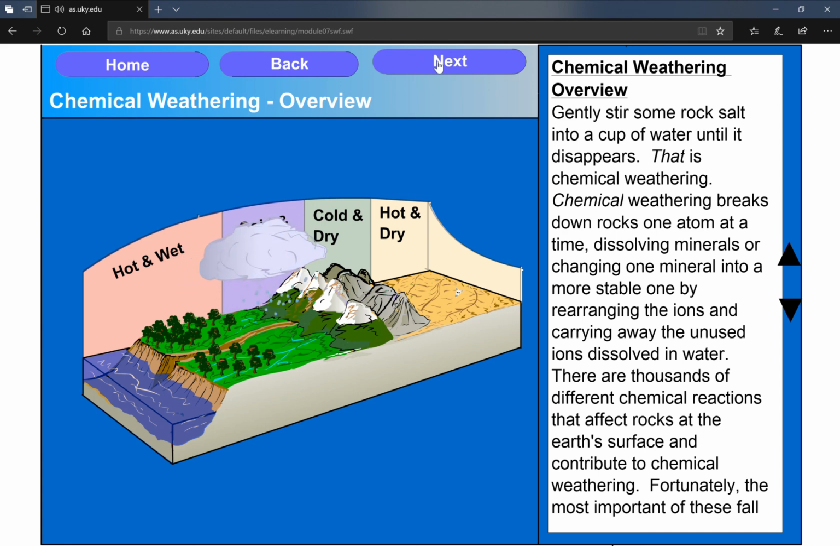You should be done with the mechanical weathering. Make sure that you upload those pictures along with this Word document to Teams, and we will be